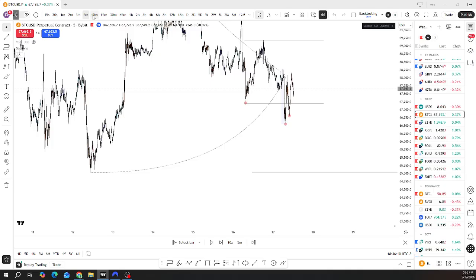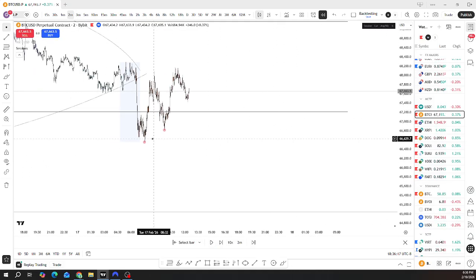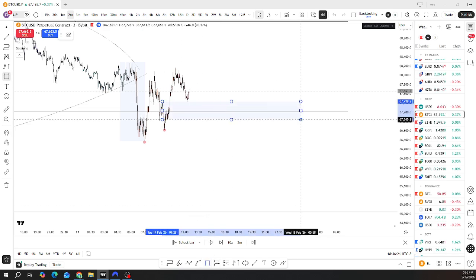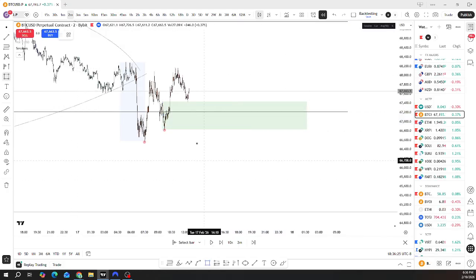First entry I took was right here. So this was the third type POI I was watching. First trade I took was upon this mitigation of the high time frame POI for an extended tap,